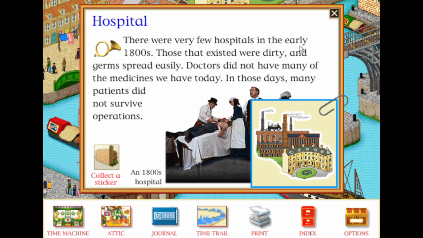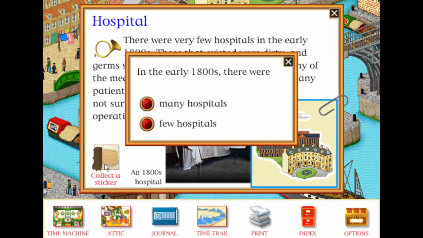Hospital. There were very few hospitals in the early 1800s. Those that existed were dirty and germs spread easily. In the early 1800s, there were